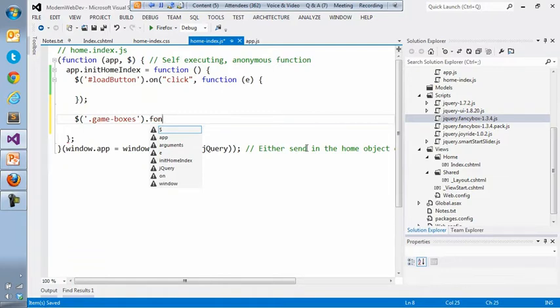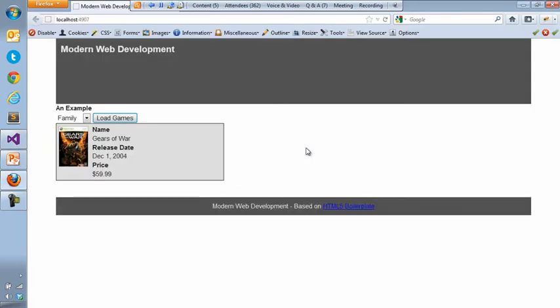And then I can just call Fancy Box right off of the page. Now there's some options we could put in here, but for the most part, Fancy Box has extended jQuery by saying I'm adding another way to call a function off of a set of results from jQuery. And that is the plugin model. So if we go out there and run this,